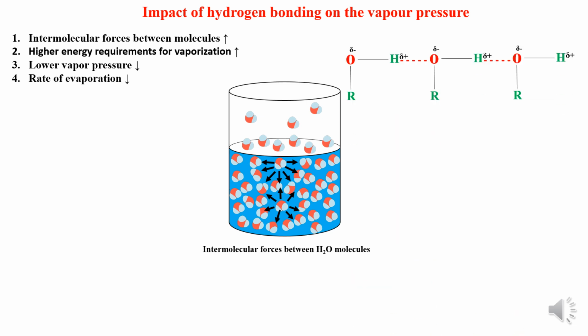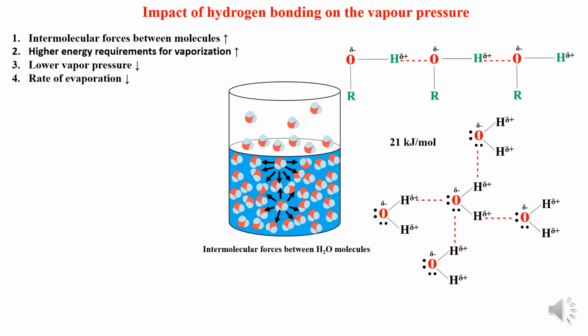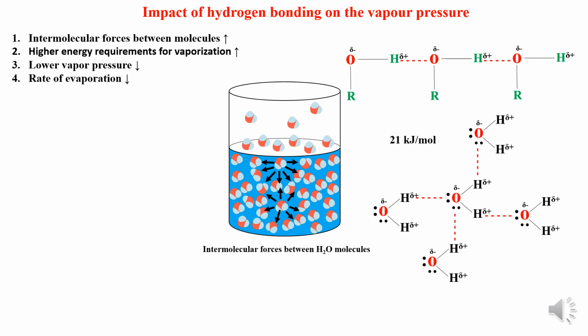Now what about the alcohol molecules? Even alcohol molecules tend to participate in hydrogen bonding. They tend to interact like in case of water. And the bond energy is the same both in case of water and alcohol. That is, 21 kilojoules per mole of energy is required to break this hydrogen bond between the water molecules or